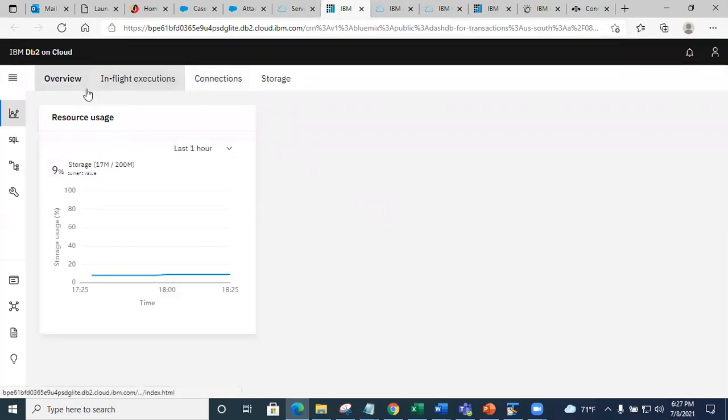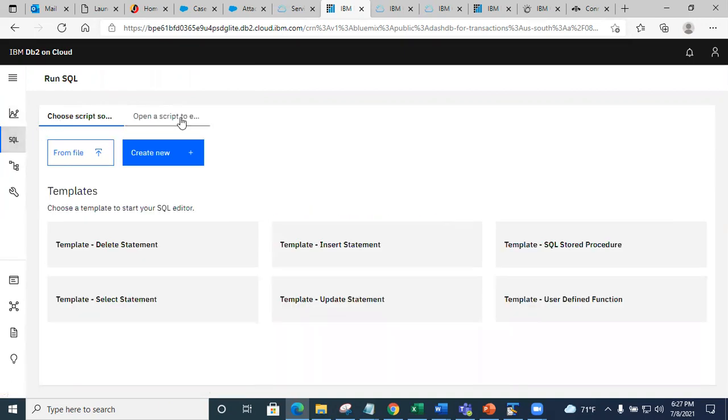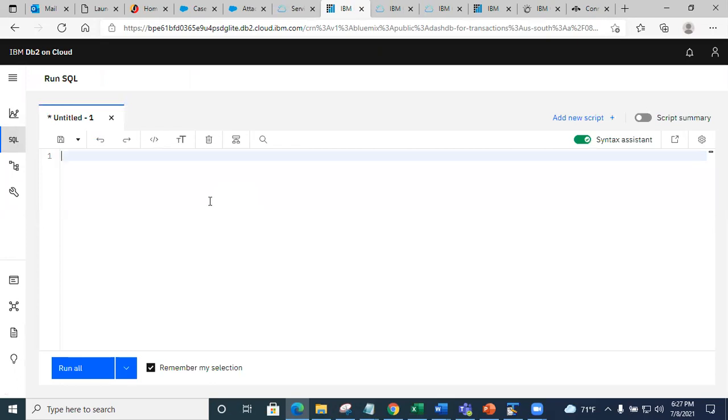Well, this is a new interface, right? In this new interface, to run queries, you will go to the SQL and do create new, right? And this is how you would open the new script. And then you're just gonna paste your code, right?